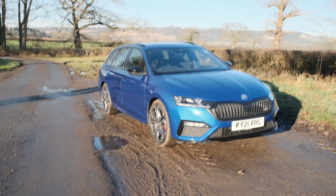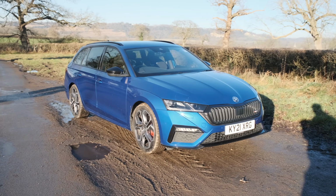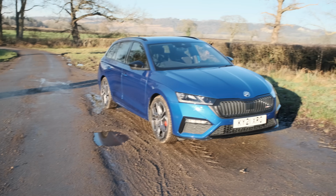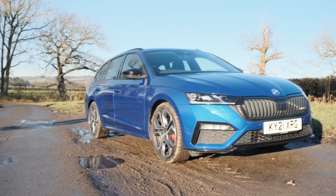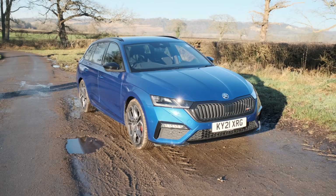You can also get this as a 200 horsepower 2-litre diesel, and you can actually get that 200 horsepower diesel with four-wheel drive, which actually makes it as fast as this petrol one to 62 miles an hour. And there's a hybrid, a 1.4 litre, I think it is petrol hybrid, 245 horsepower that I've driven in the hatchback form, and I'll stick a link up the top somewhere. I spec this car, so this is actually £37,500. It's got things like an upgraded Canton sound system, blind spot detection, and £600 of what I think is